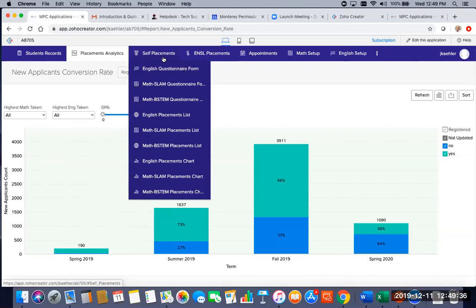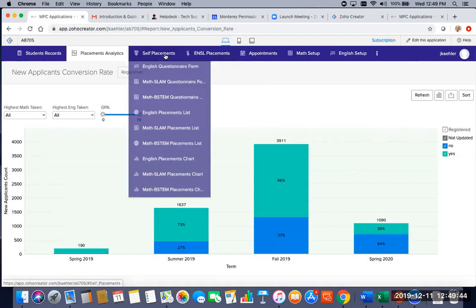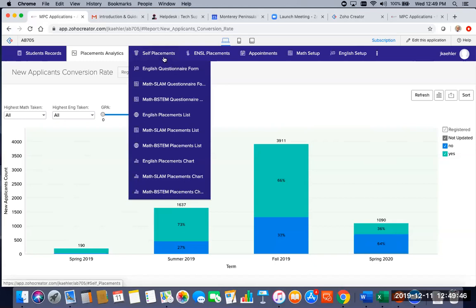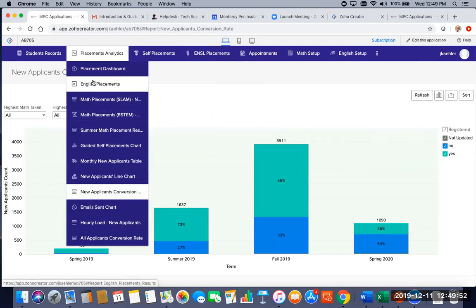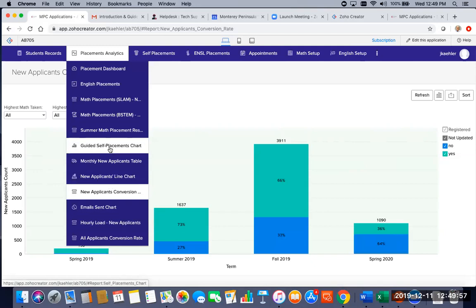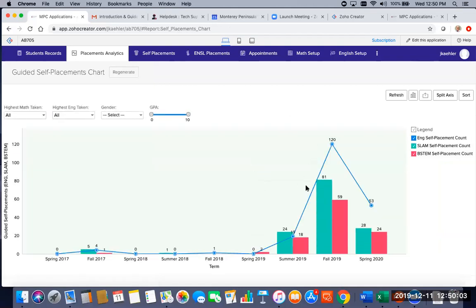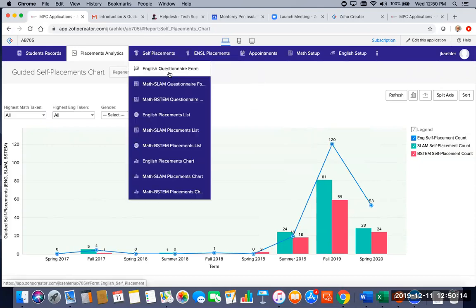A number of other things on the self-assessment. I hope everybody is still hearing me, because my internet is showing as unstable. I'm trying to show some other information here. For instance, the guided self-placement chart is showing me the English versus the math, how many students are taking it. Again, not all the students are taking advantage of the guided self-placement, but I will show you also real quick